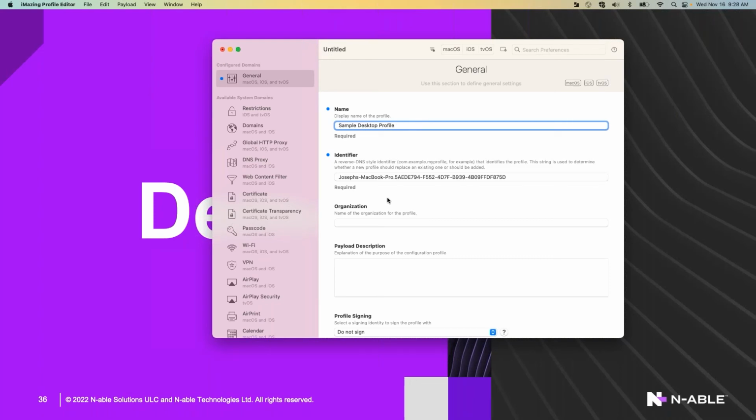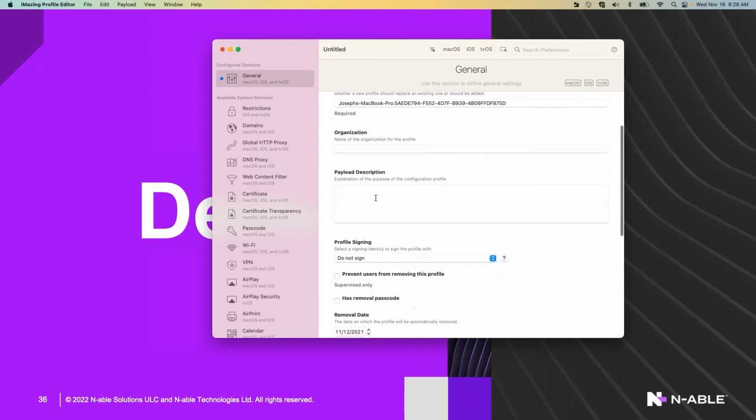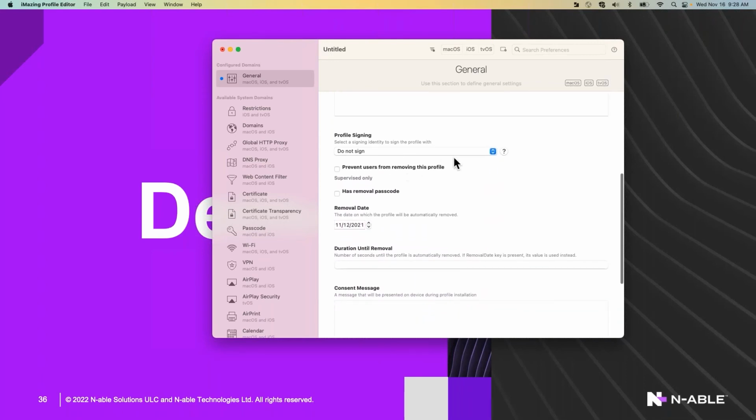Okay, we get a unique identifier that you can edit as you would need. We'll leave this as the generated one for now, but get inventive here. Have some type of naming convention as part of your SOP that will make these profiles very easy to denote. Okay. Coming down, you can enter any description items for the organization itself, any profile signing, so the ability to